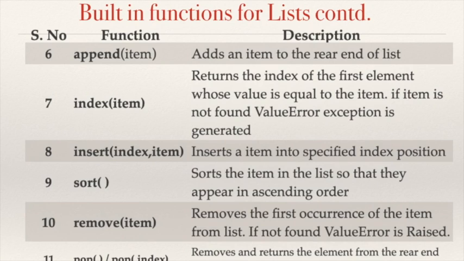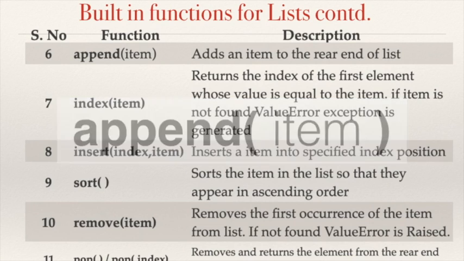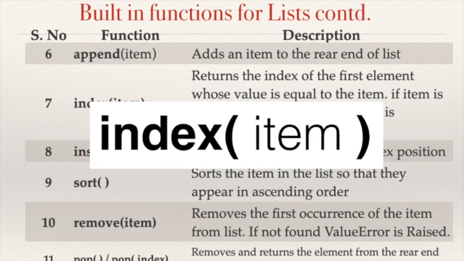Now let's come to the next part of the list, the append function. The append function is an important function belonging to list type objects which takes one argument object and adds it to the end of the list, thus making the list grow by an element. The index function of the list object takes an argument object, searches for it within the list, and if found, returns the index of its first occurrence in the list. If not found, it reports a value error.